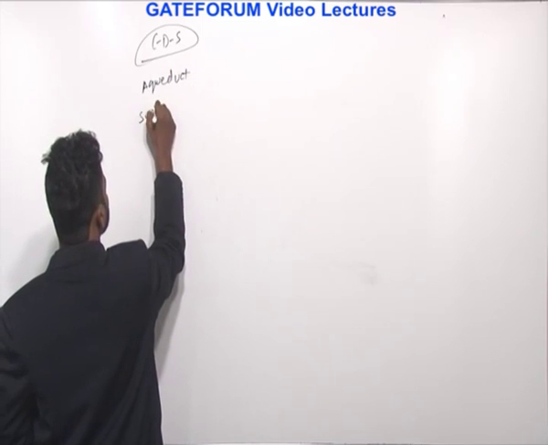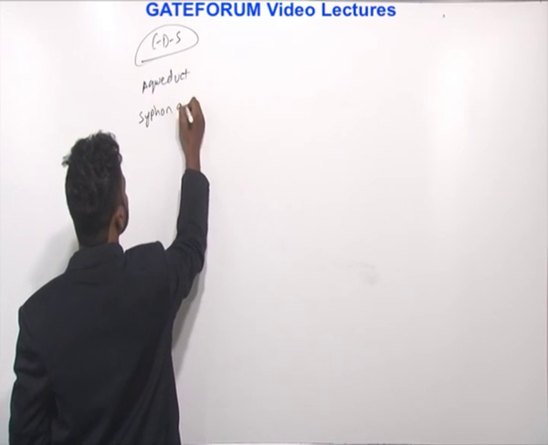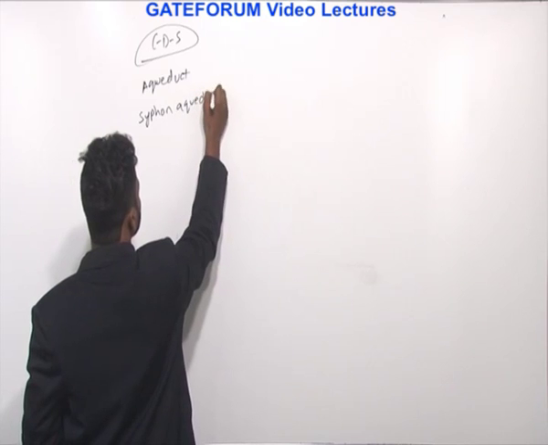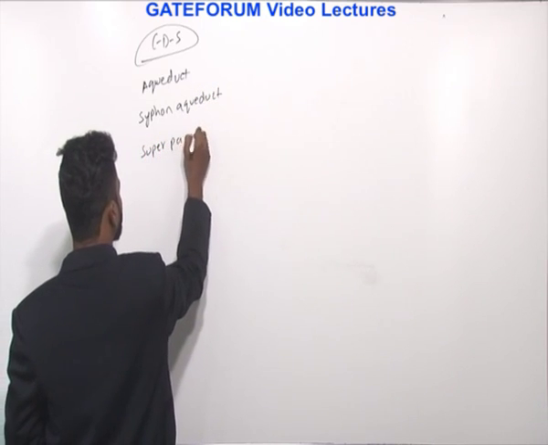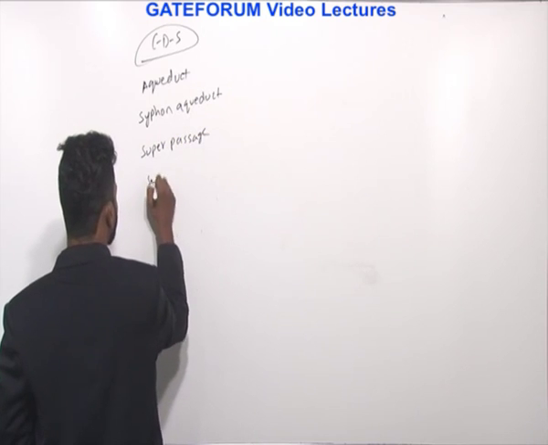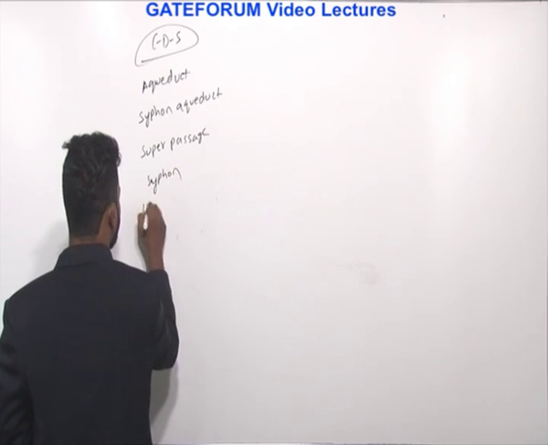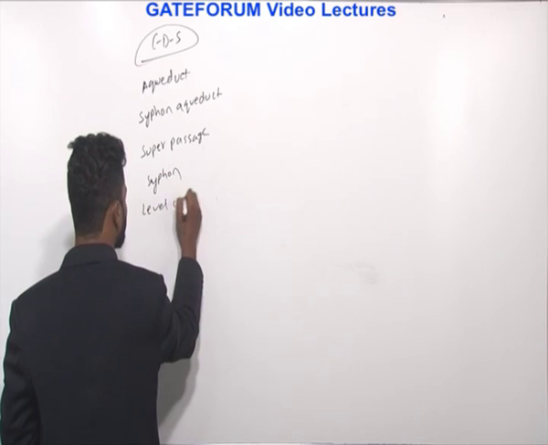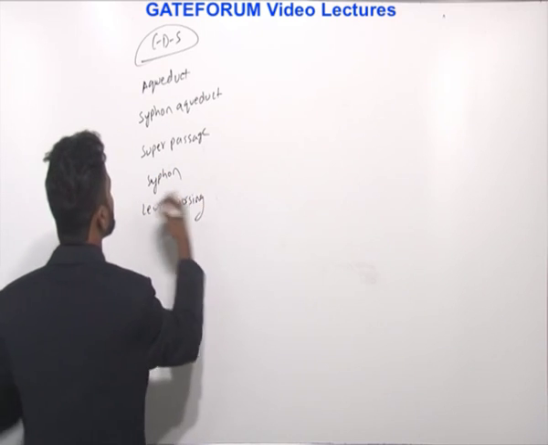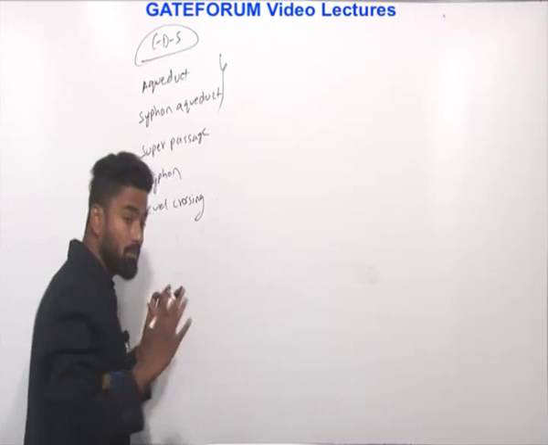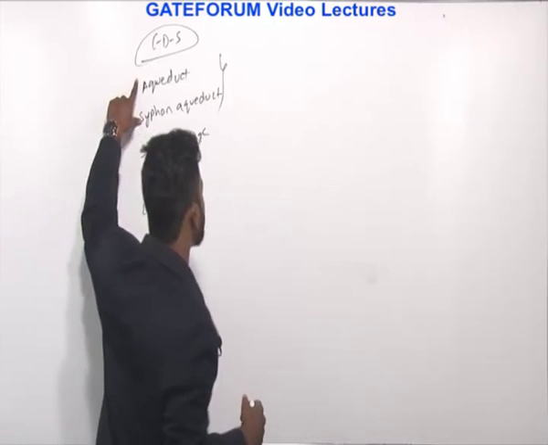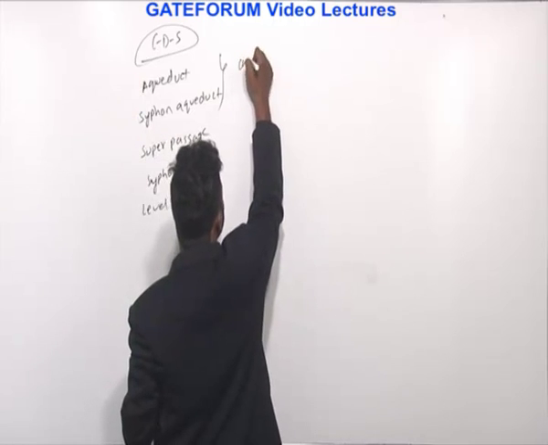siphon aqueduct, super passage, siphon, level crossing. So now if you see aqueduct and siphon aqueduct, the simple way to remember is aqueduct and siphon aqueduct, canal